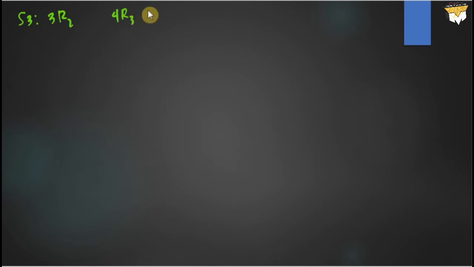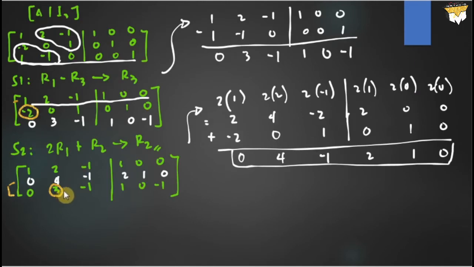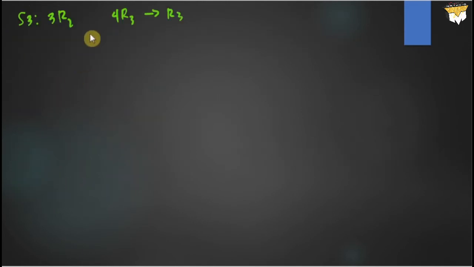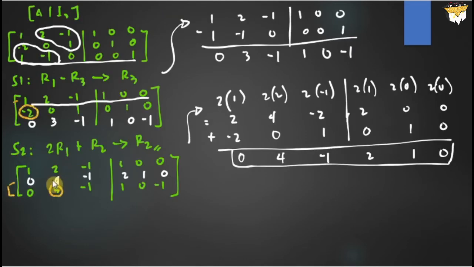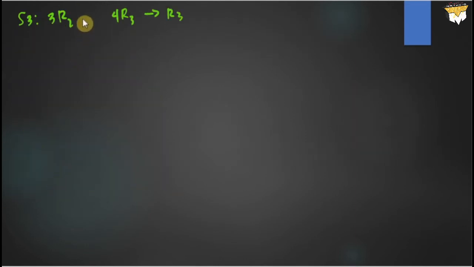Okay. And then, ipapalit natin ngayon sa row 3. Bakit sa row 3? Kasi ang target ko nga is maging 0 itong 3 na to. Okay. So, anong gagawin natin? Anong operation? So, since they are both positive, pwede ko itong isubtract. Okay. So, we have